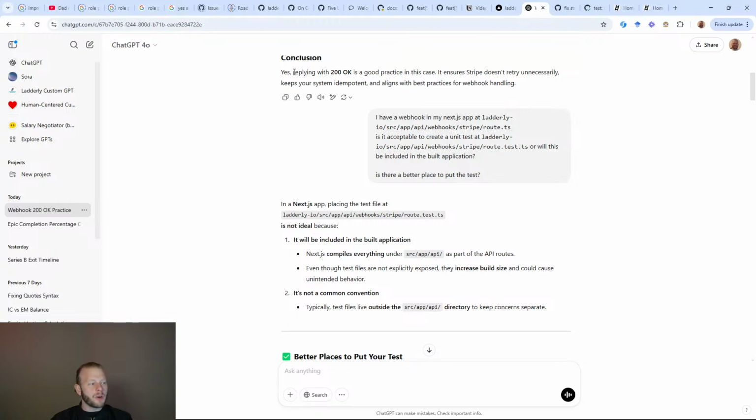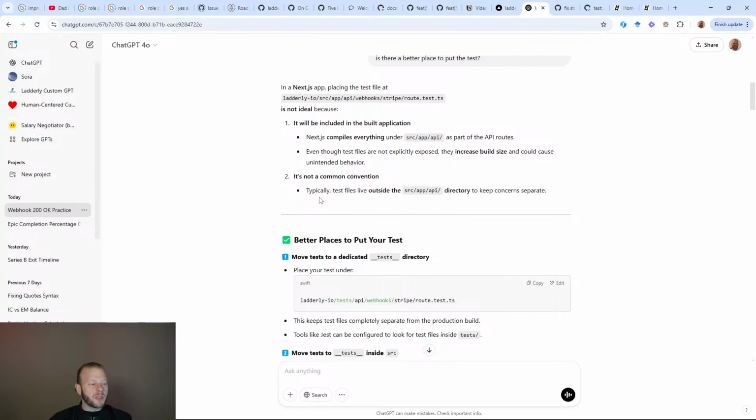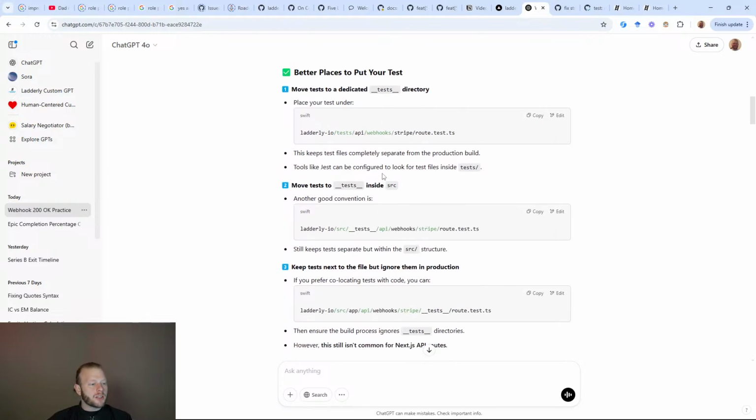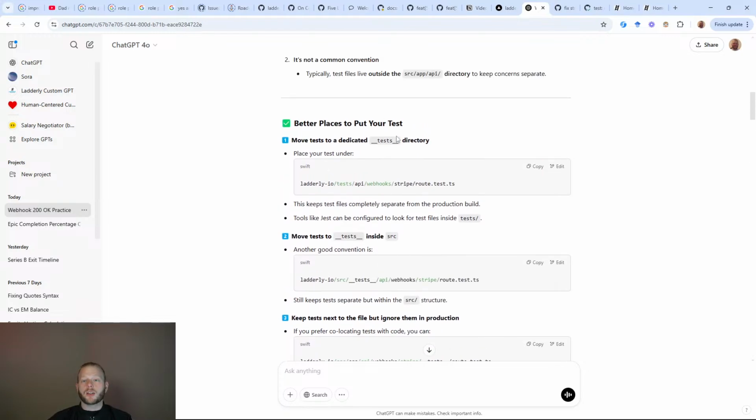Continuing to rubber duck as a micro design session with ChatGPT, it suggests that I use a dedicated directory, which is a parallel file structure pattern. This is also a very common pattern, and it turns out this is common in Next.js. Why would it be common here in particular? Because Next.js uses file-based routing, so if I create a route.test.ts right next to my route.ts, by default, Next.js will try to ship my test code to production, and I don't want that.